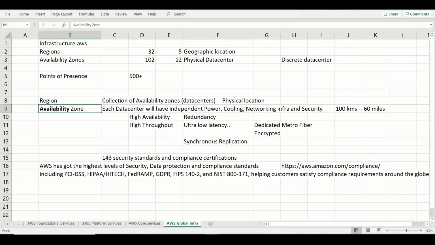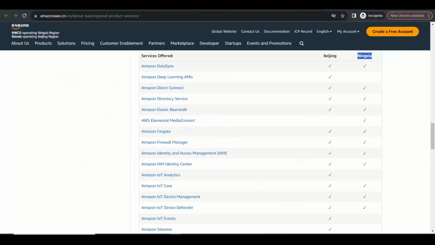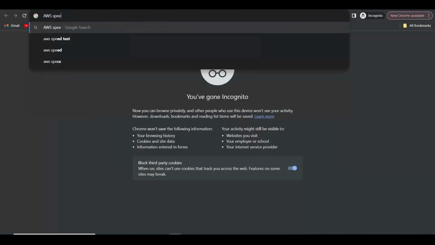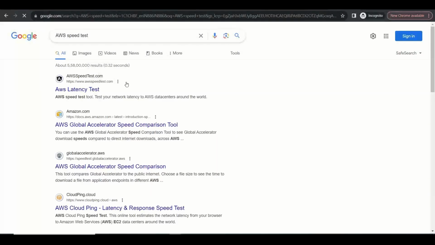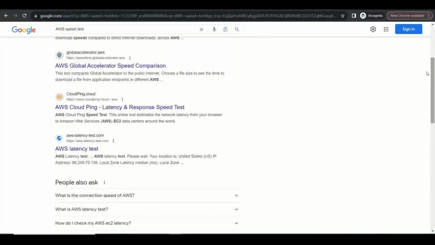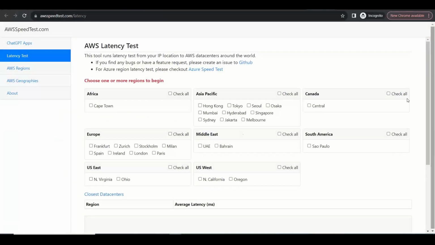Now, you have multiple availability zones, multiple regions, and so on. As a customer, we should do latency testing from the customer location. If they have their data center or server room in a particular location, you have to log into their system and then do an AWS speed test, or a latency test. I think this one is good. You also have this latency test, which is also a good tool through which you can identify which one is a better region or geography for